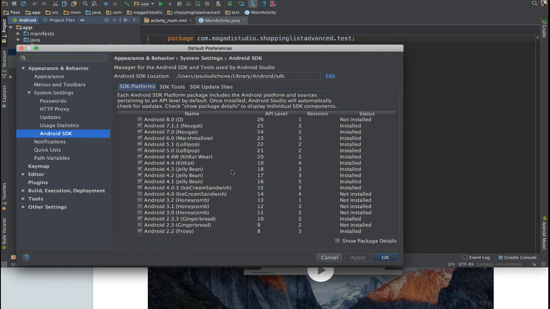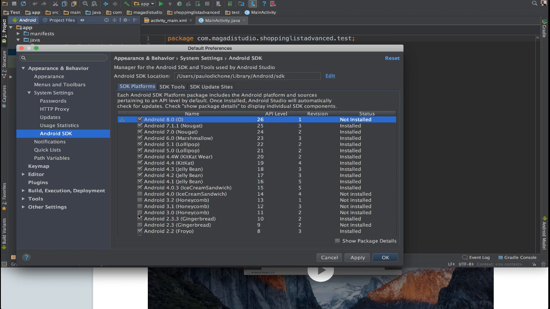And as you can see here, the moment you go to SDK platforms, you have this API level and status. So you notice some of them are installed, others aren't. In this case here, I have the latest one installed up to 4.03, which is Ice Cream Sandwich. But I recommend you at least to install anything from 3.0, so this one here, up to as well as Android O. So click that,